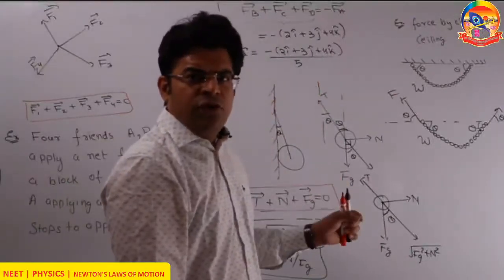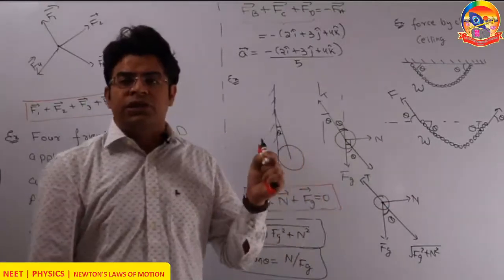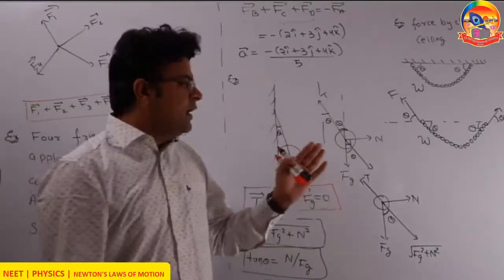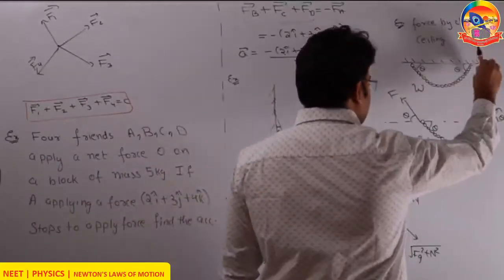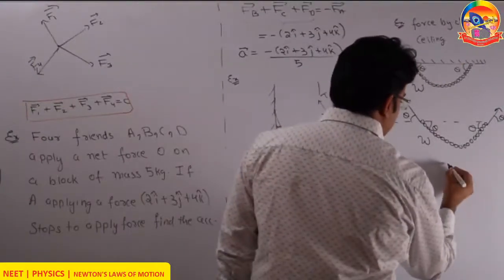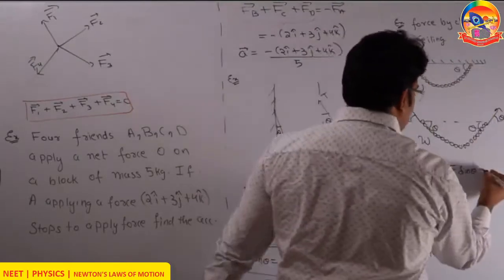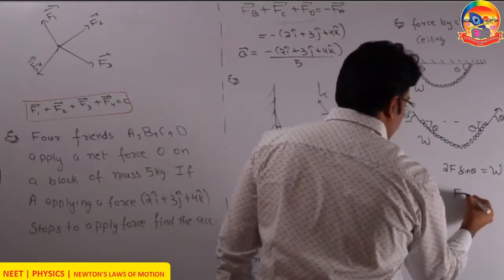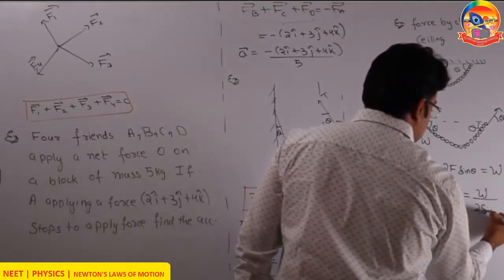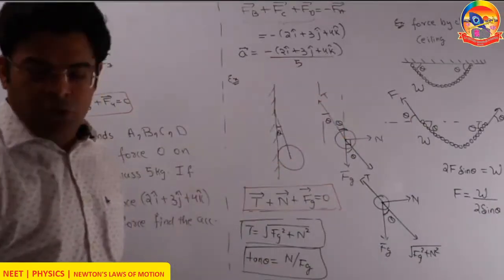If the chain is in equilibrium, then the net force has to be 0 in all directions. Here, I will balance the force in the vertical direction. So I can write F sine theta plus F sine theta, 2F sine theta equals weight. So the net upward force from the components of the ceiling force, 2F sine theta, has to equal the weight of the chain. So the force applied by the ceiling on the chain at one of the supports is W by 2 sine theta.